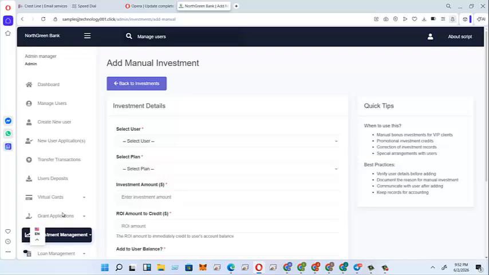If you prefer to use automatic, you create an automatic plan that the cron job controls. So that's that for this. Let's go back to our